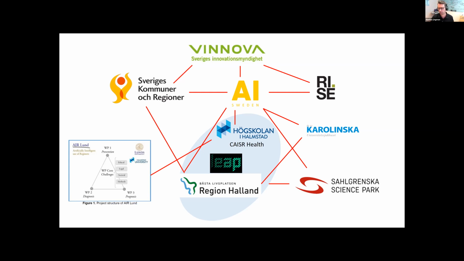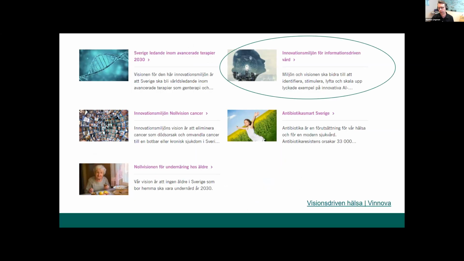So you need a lot of smart people, simply. And we connected with a number of smart people and competent organizations in order to take the next step. And as you can see here, Sahlgrenska Science Park and the team around the SMS project is very important in this ecosystem. We already have an ecosystem financed by the Vinnova